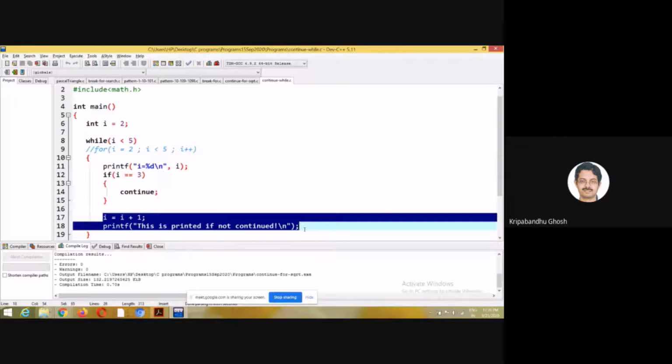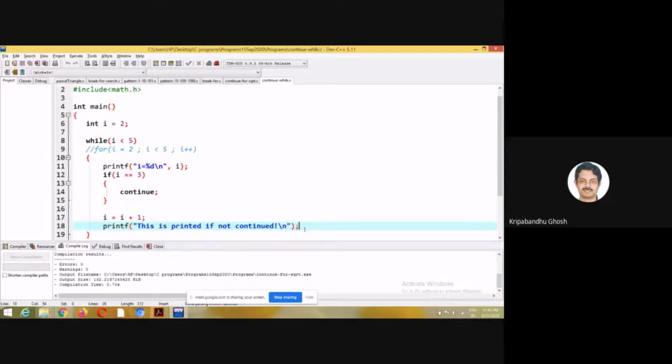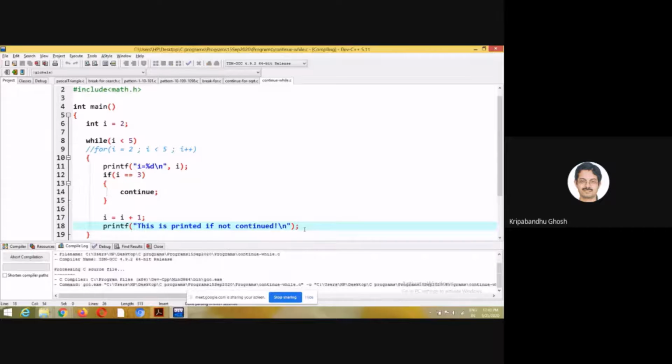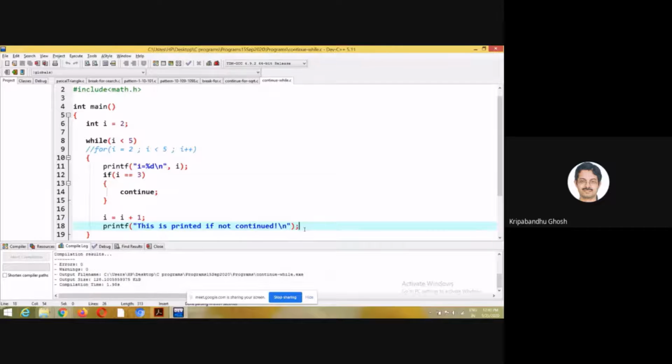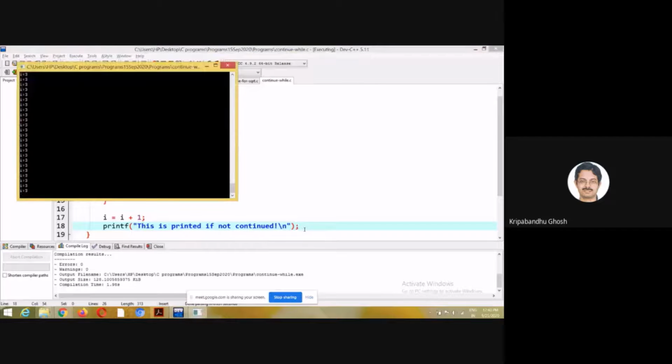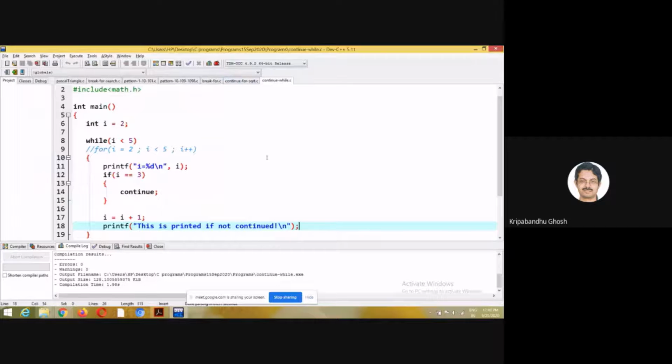If I do continue when I equal to 3, what is going to happen? This did not happen in the previous one or two codes which I showed you that use continue. But something different is going to take place here. Let me show you. The loop goes on and on and on. So this is an infinite loop. It never terminates. If someone asks you how to terminate this, this is the way: you have to terminate it by force.